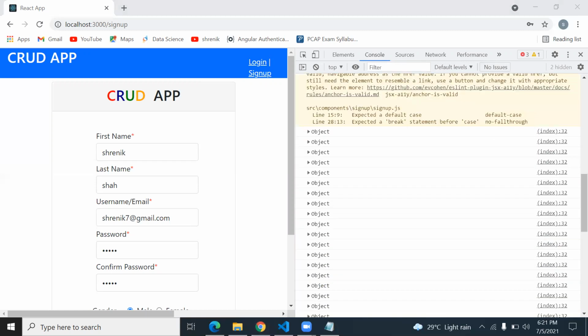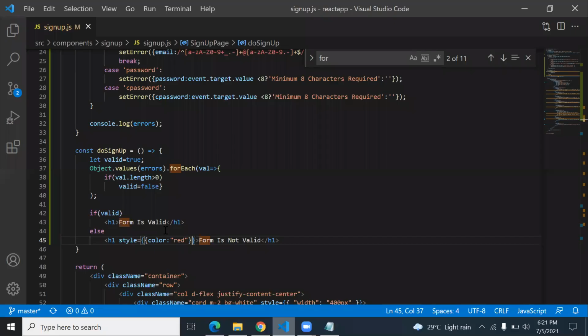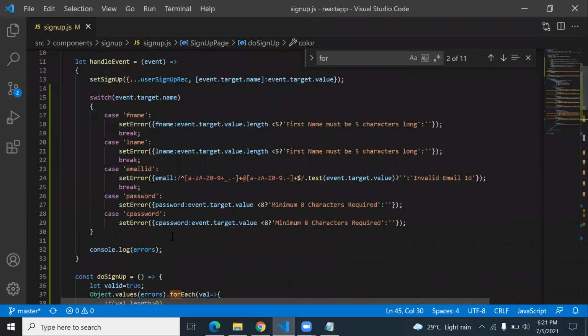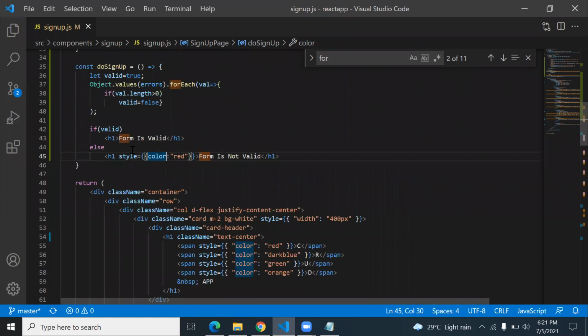So to output this as an error, you again need to create the specific tag inside the return, inside the container only. And when to print that, you have to decide.